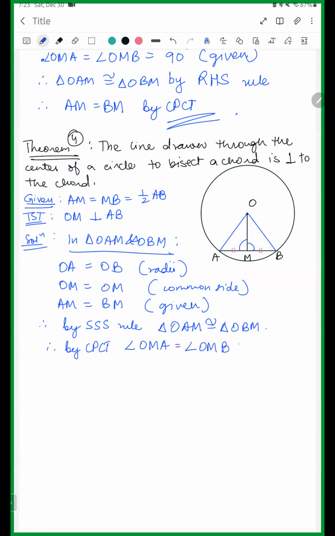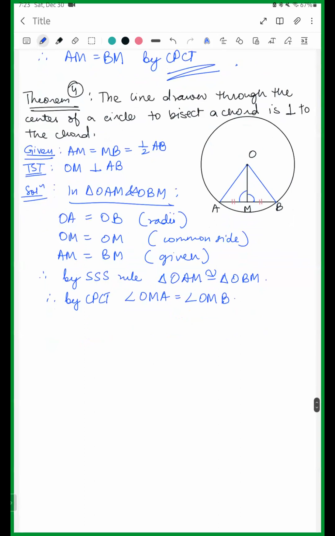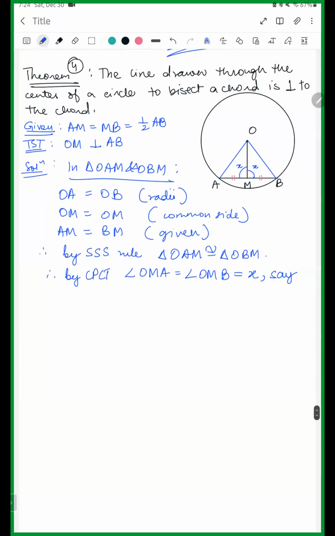But we haven't yet proved that this is equal to 90 degrees. So what are we going to do? We're going to say that these two angles are a linear pair, right? So if you can call them x, say it is x. So then what happens is,